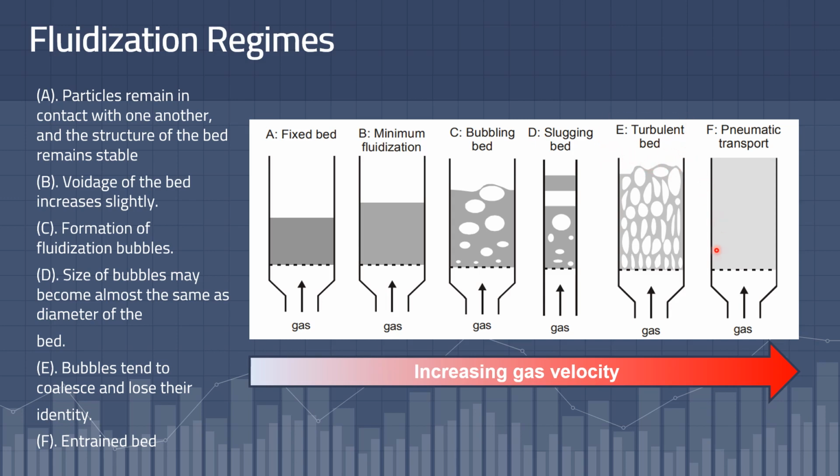With further increase of gas velocity, eventually the fluidized bed becomes an entrained bed, in which we have a dilute fluidized bed, which amounts to pneumatic transport of solids. Under this dilute flow condition, the solid particles behave as individuals, fully suspended in the gas, and aerodynamic forces dominate.